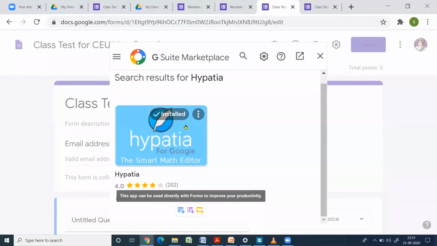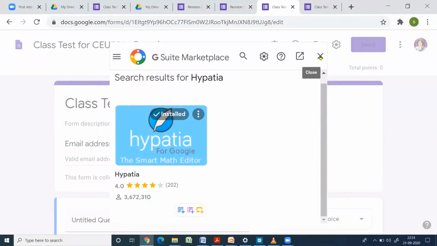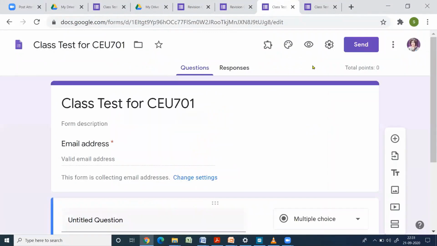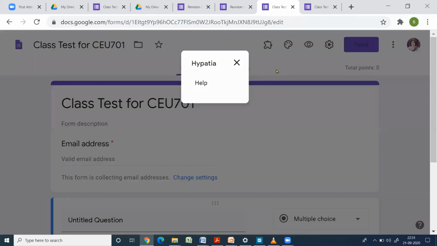First install this app from here, then click on this cross. Once you install this add-on, you can see this symbol. Click on this symbol, you can see Hypatia here. So click on Hypatia.